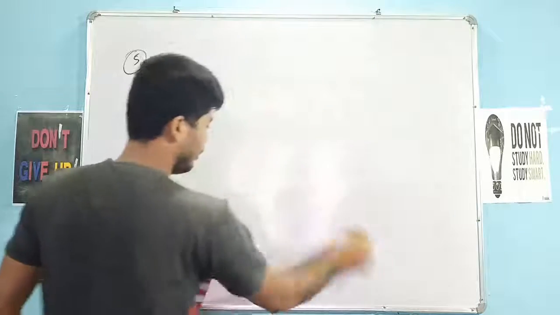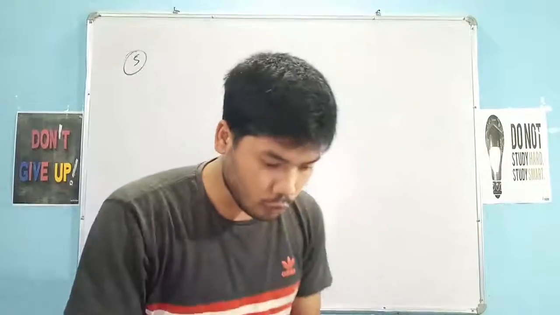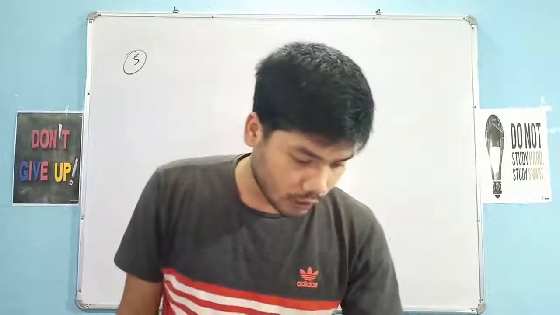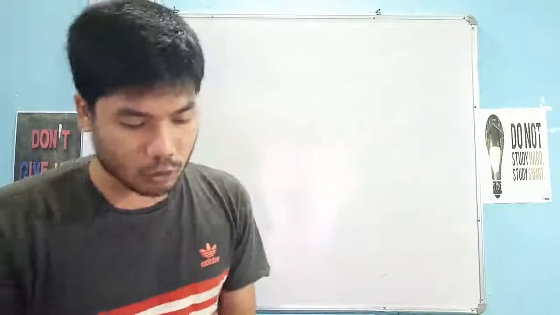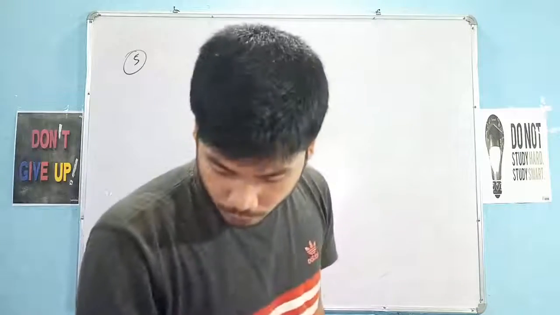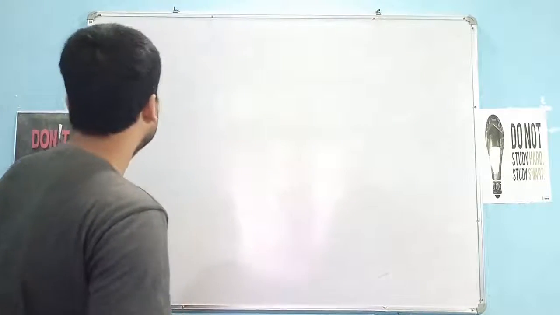Okay. Good. Now, question number 2. What is question number 2? Cos A by 1 plus sin A plus 1 plus sin A by cos A is equal to 2 sec A. We have to show this, right? We have to show 2 sec A. Well, let us do it.